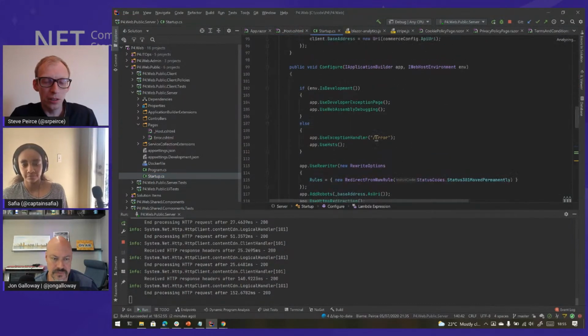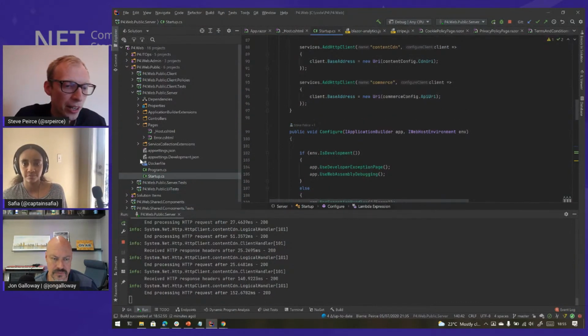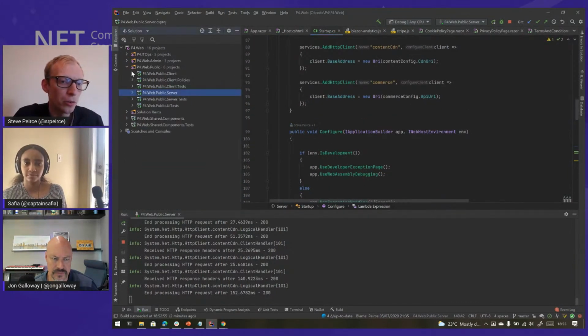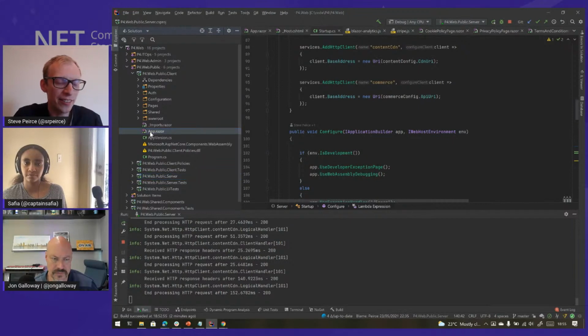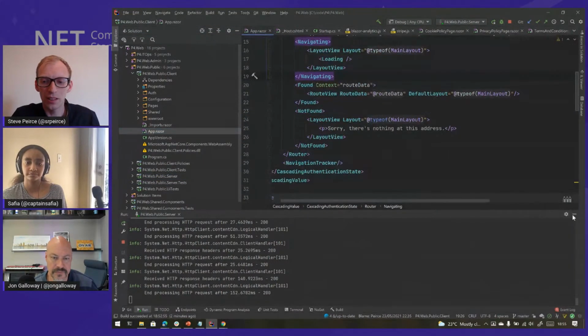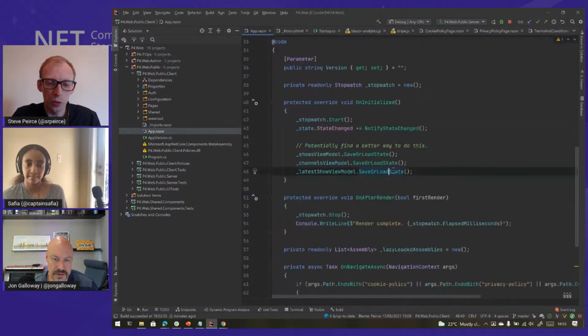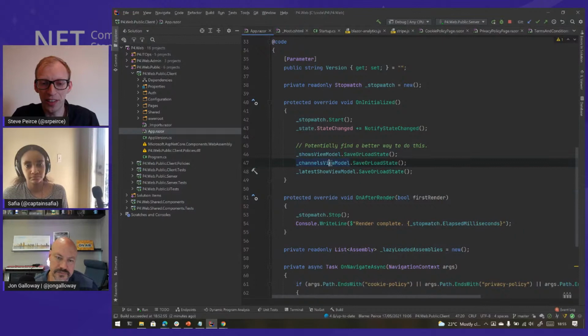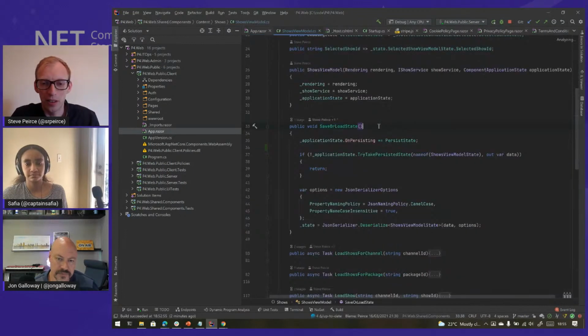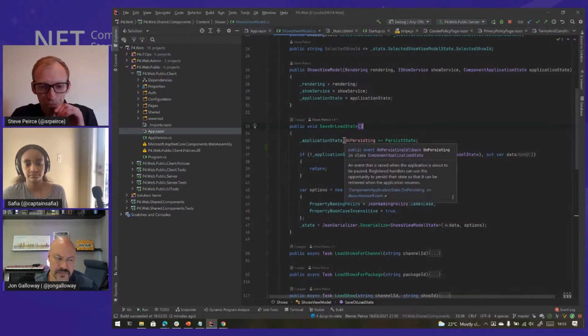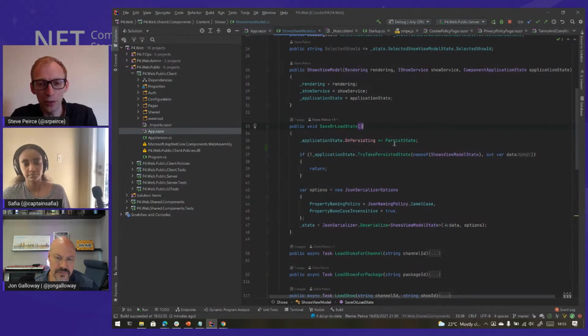Oops, sorry, I've gone to the wrong place. I want to go to our client and this app.razor. Let me hide this. So we've done a bit of an implementation, which I think we can improve upon. But effectively, we've got state for shows, channels, and latest show. If I look at the state specifically for shows,